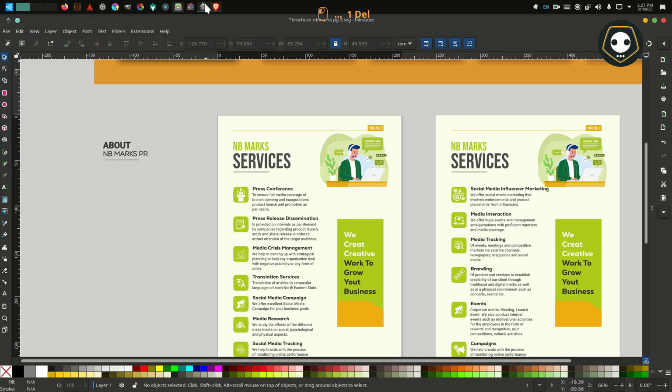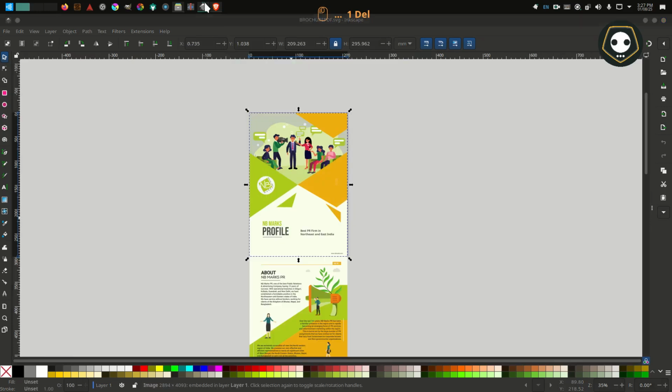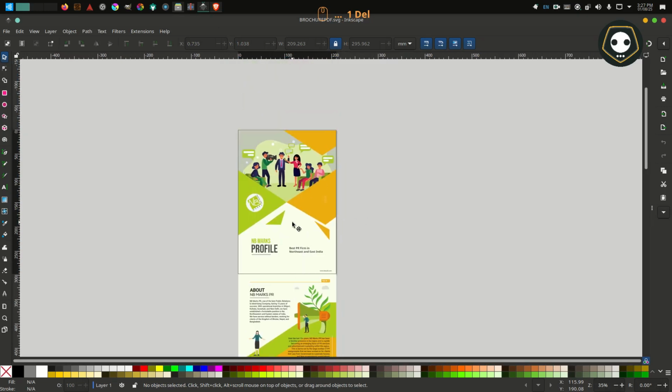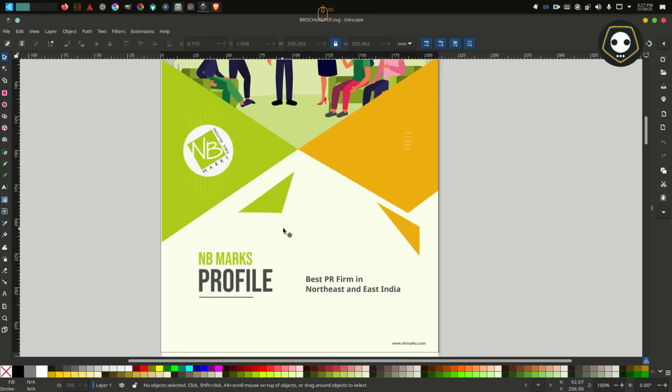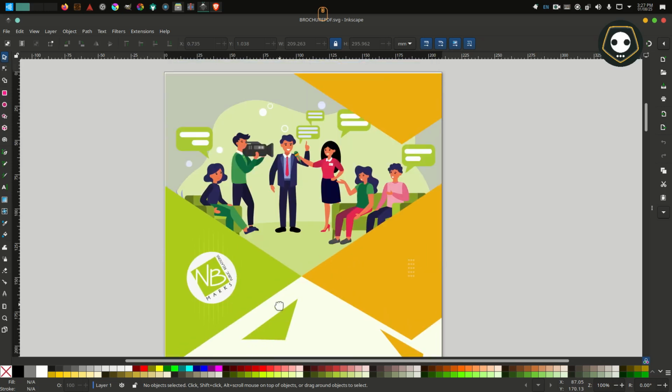The main thing is to look good. It is very important what color you are using. The main thing is the color combination. Color combination means the theory of color.